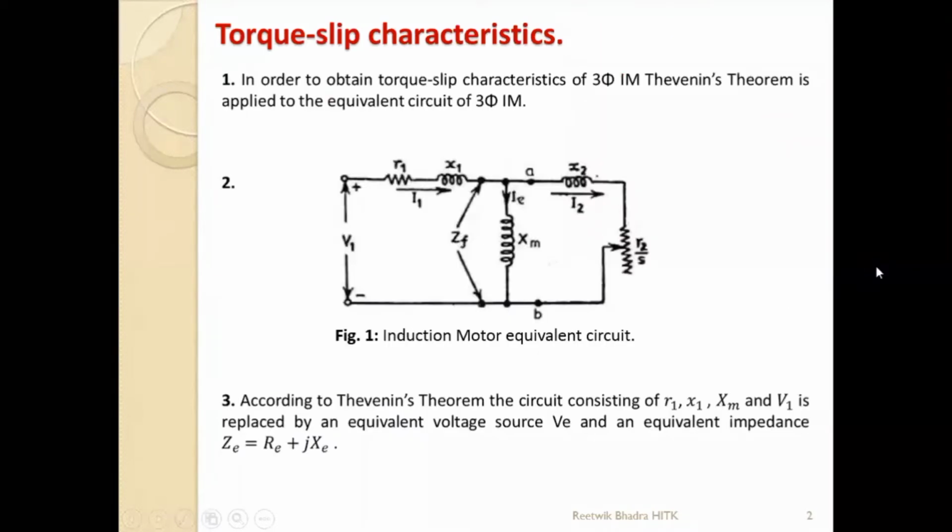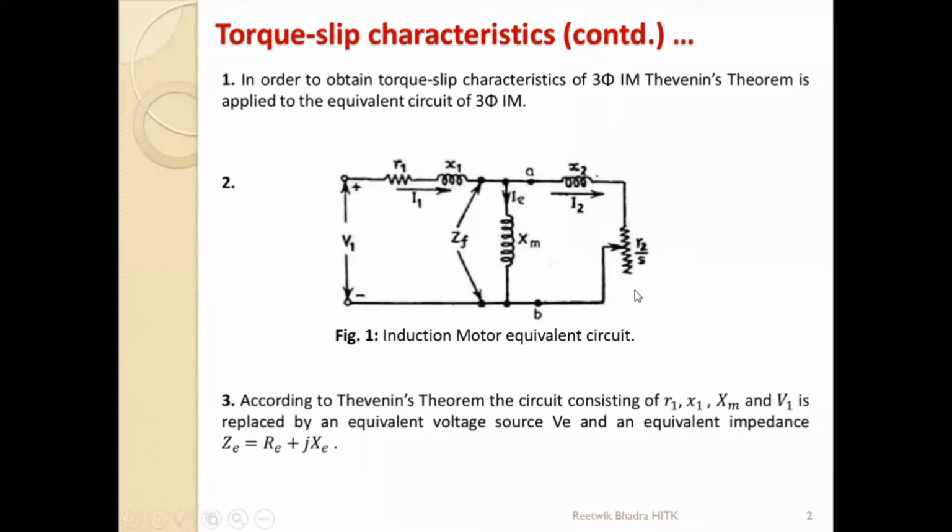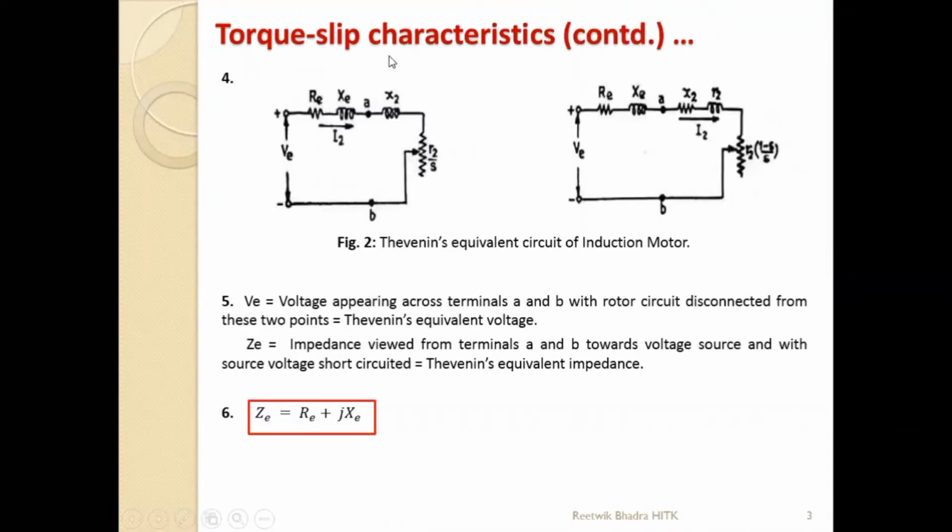So that circuit which we had drawn over here, this part of the circuit can be replaced by, remember what is the third step? I have told you just now, we'll replace this circuit by an equivalent voltage source in series with an impedance. Okay, that voltage source is VE and ZE over here. So see over here, VE and ZE, RE plus jXE. And after that, what we connect is a load resistance between this terminal A and B, or load impedance. What is my load impedance over here? X2 and R2 by S, this side. So we'll attach it. So this becomes our Thevenin's equivalent circuit.